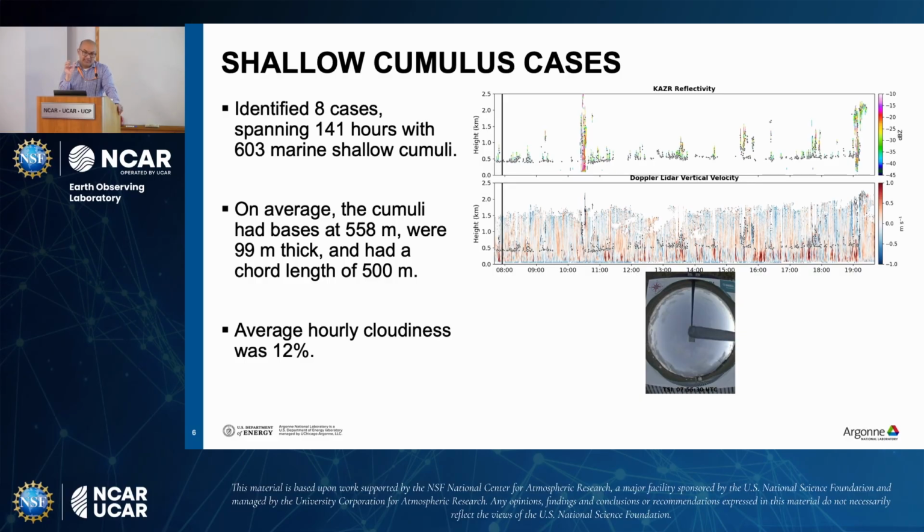Okay, so when you just look at one level, the level was looked at because two-thirds of the changes in cloud fraction are only controlled by changes in the cloudiness at the cloud base height. So that's the predominant change in the cloud fraction, right? And also changes of mixed layer depth.